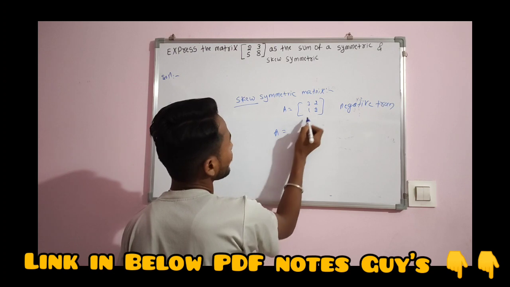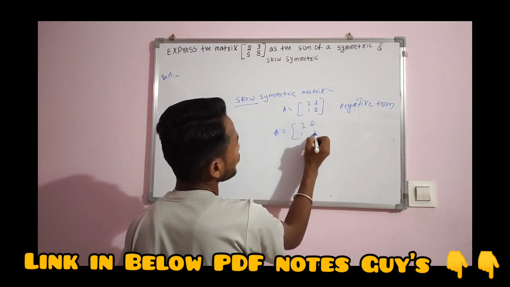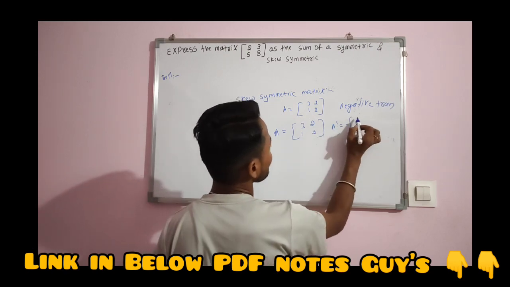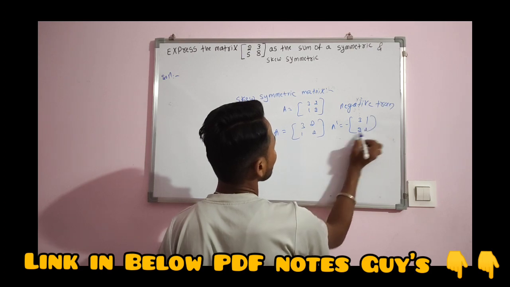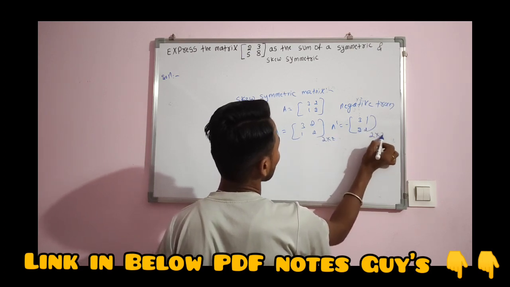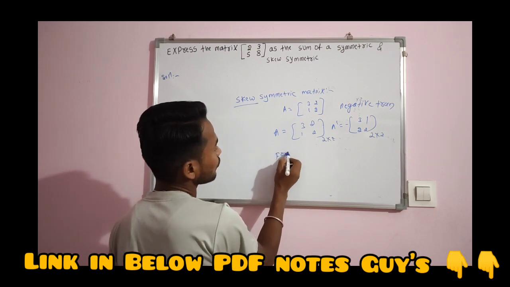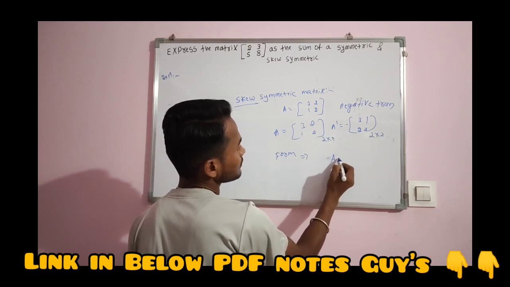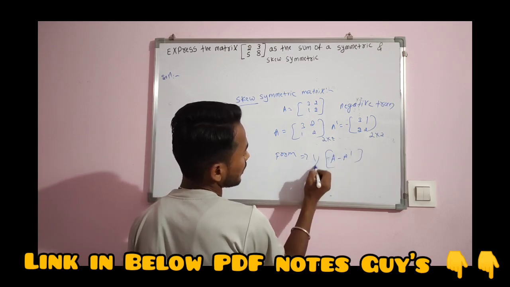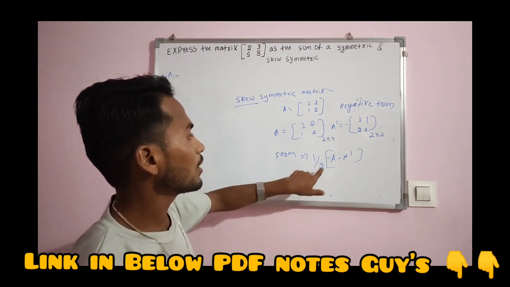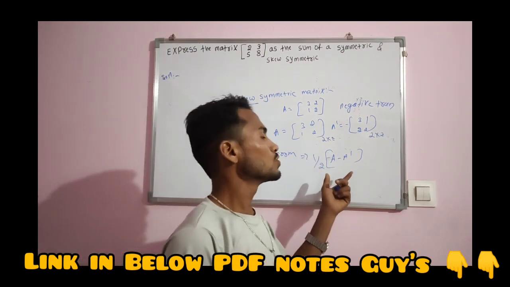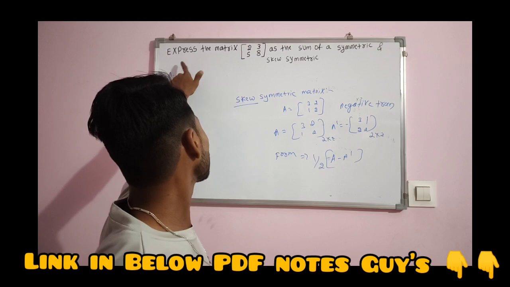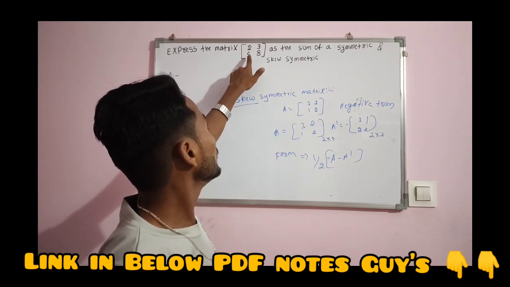A equal to 3 1 2 2, how to transpose like this: A dash, A transpose. Equal to minus, okay, so 3 1 2 2, a 2 cross 2 matrix. We have a formula here only: A minus A dash. So 1 by 2 bracket A minus A dash, this is the skew symmetric matrix. Okay, I will explain one more problem, the matrix 2 3 5